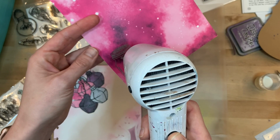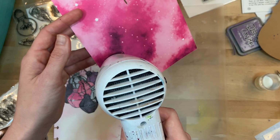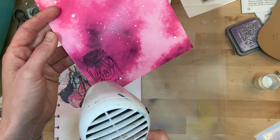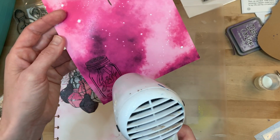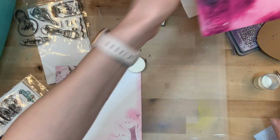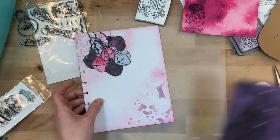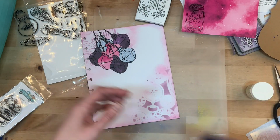I am doing the same embossing technique with this particular image, and actually I won't end up using this whole image. I'm going to paper piece it together, which means when you stamp the image multiple times, cut out those pieces and then piece them together to kind of create this dimensional image. And that's what I'm going to do for this particular entry. So I'm going to stick that over on the side